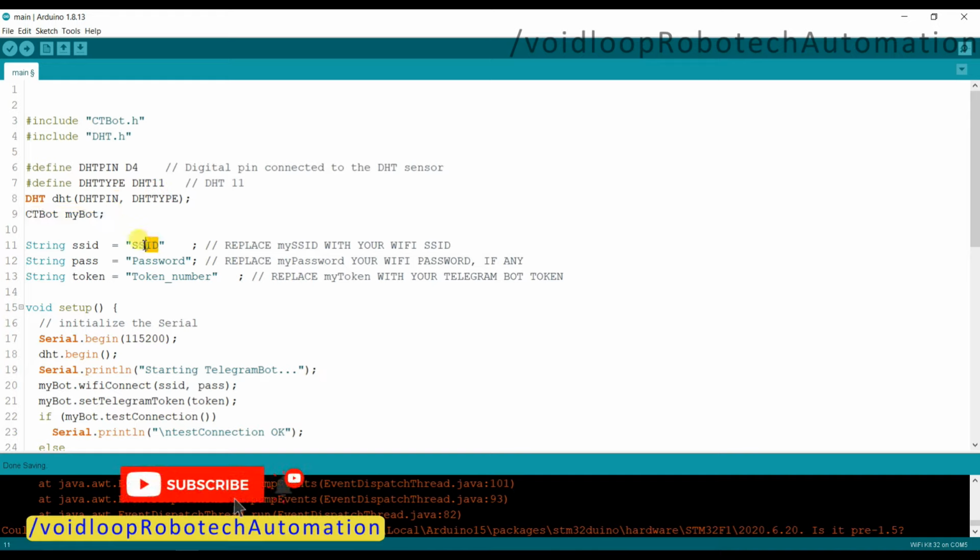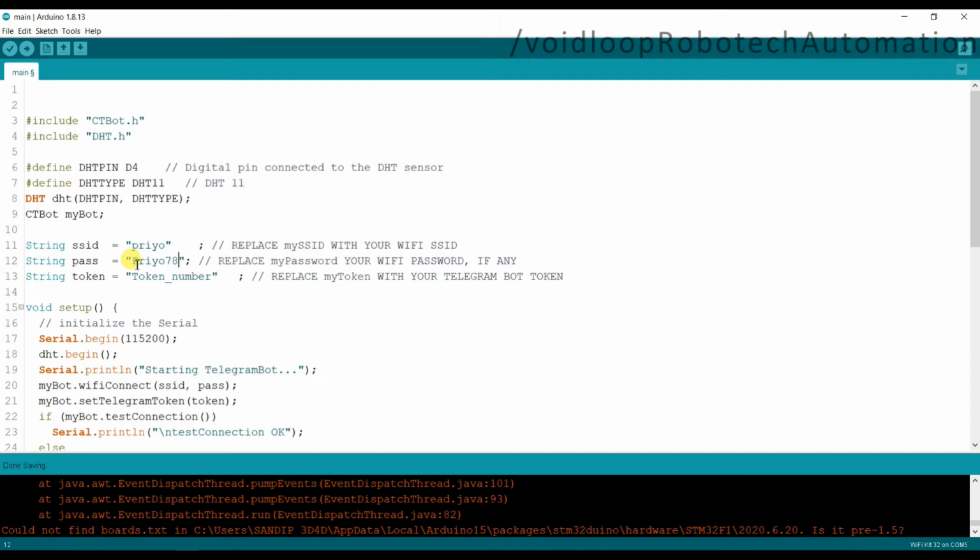Here I have to type the SSID of my network, so it's Prio, and the password is, okay. I will paste the token number here.